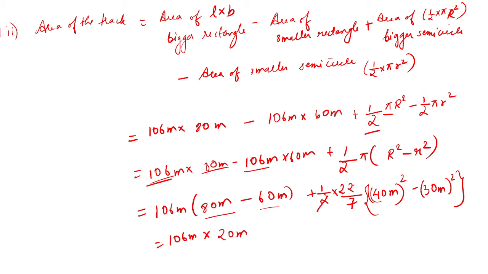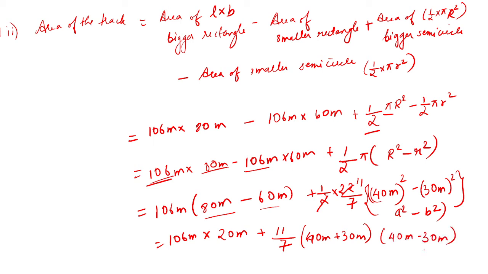You can cancel out 11, so you'll be left with 11 by 7. So you can write this as a square minus b square. So the formula is going to be a plus b into a minus b. Okay, so finally